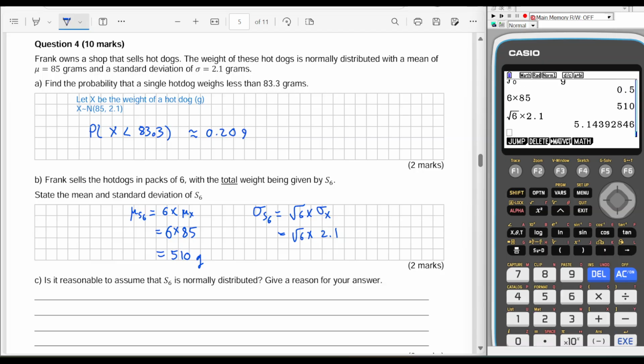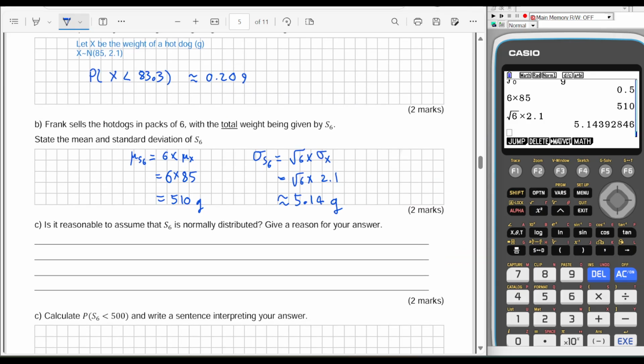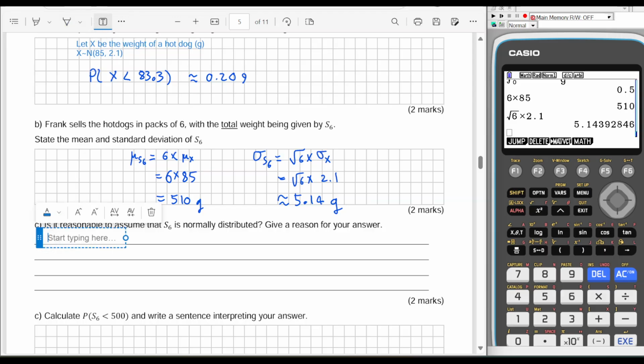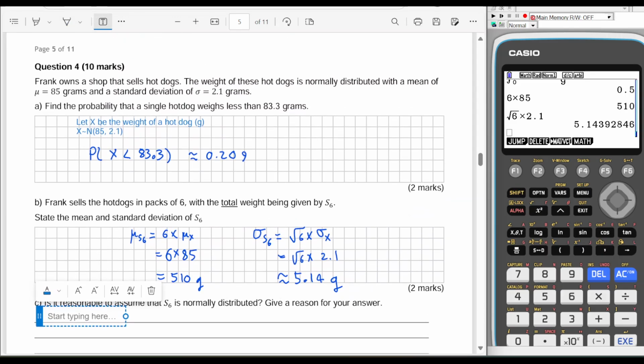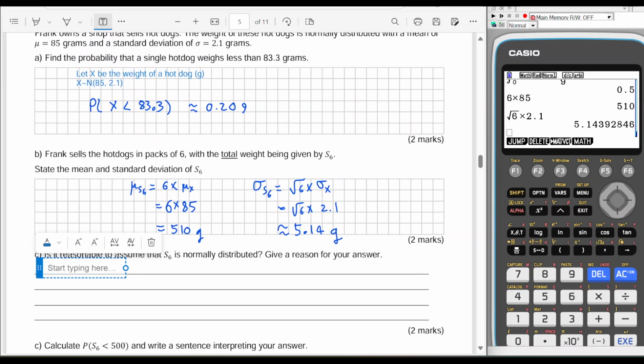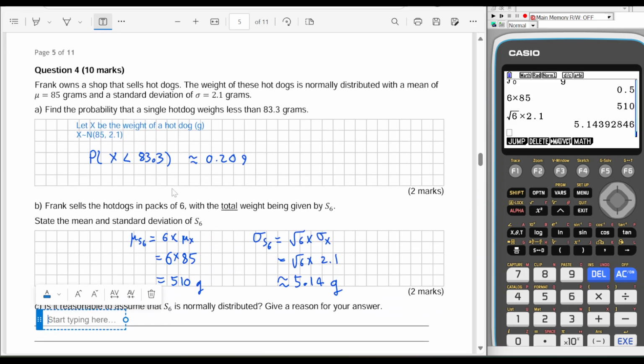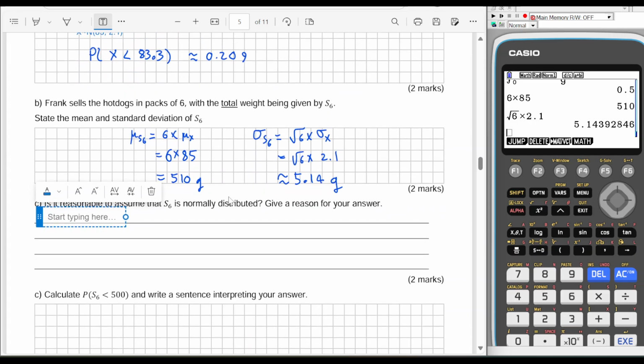And that is 5.14 grams. Okay. Is it reasonable to assume that S6 is normally distributed? Now, normally we don't have enough information. Remember, the rule of thumb is if the number is bigger than 30, then it usually is. 6 is not bigger than 30. Or if there's an earlier n value, and the question actually says that the hot dog individual weights are normally distributed. So yes,